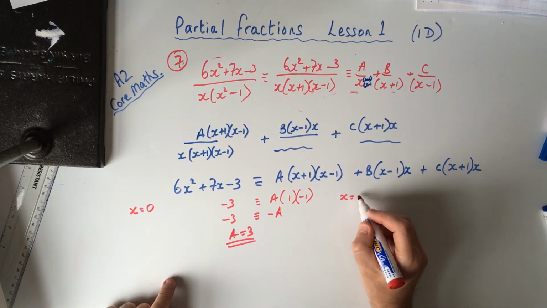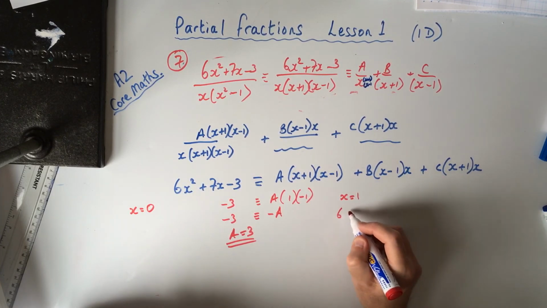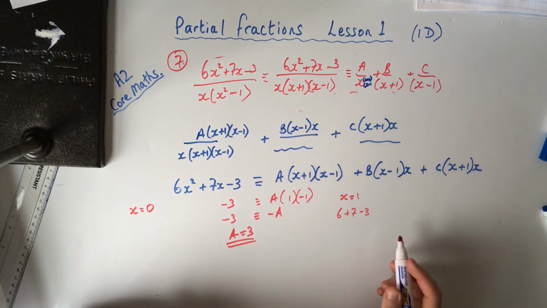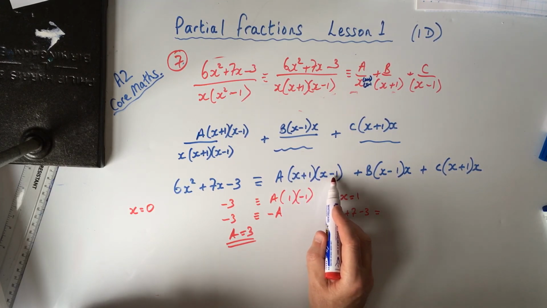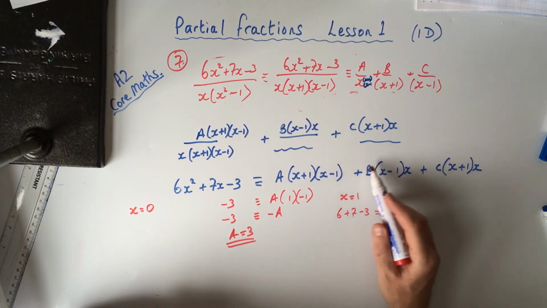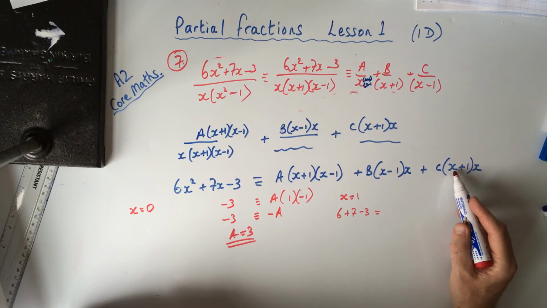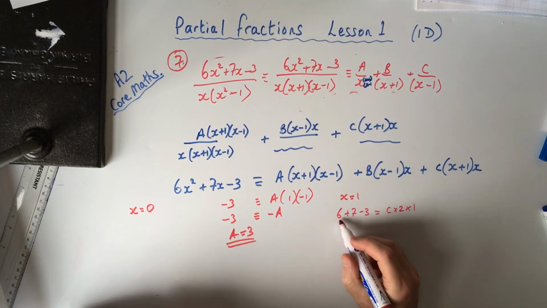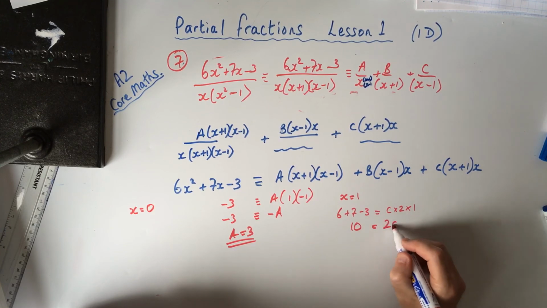If I did when x is 1, I've got 6 plus 7 minus 3, haven't I? Putting it into there. And that is going to be equivalent, well, when x is 1, this goes, doesn't it? Because 1 take away 1 is 0, so all of that is going to be 0. And when x is 1, that's all going to be 0. And because 1 take away 1 is 0 there, when x is 1 on here, we've got 1 plus 1 is 2, so we've got c times 2 times 1. So 6 add 7 is 13, take away 3 is 10, is equal to 2c,